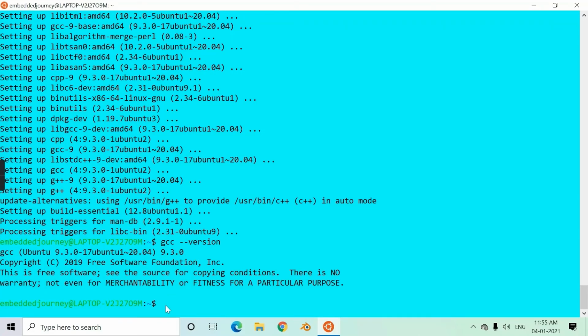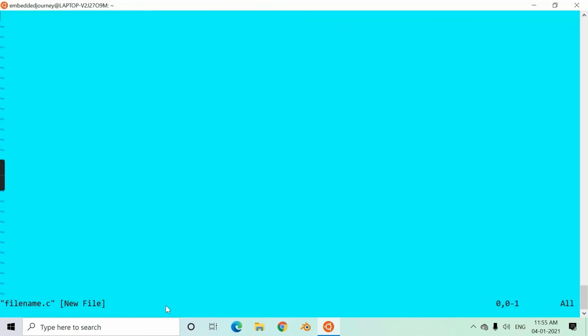First create the file using the command vi space filename with the extension .c. Enter, and here we have to write the program. First click I and then it shows INSERT, and then write the code.